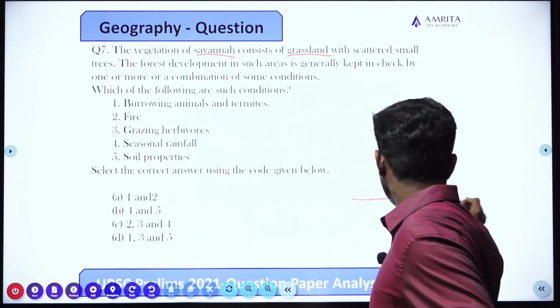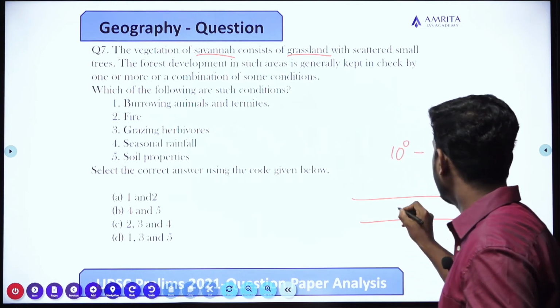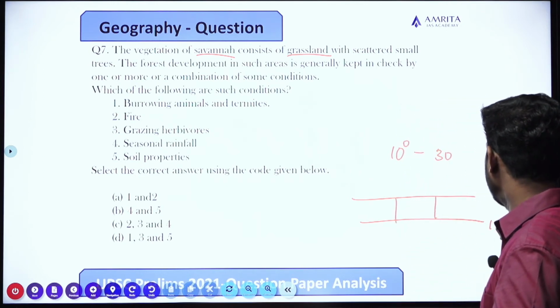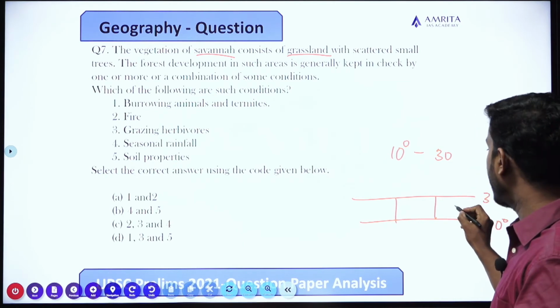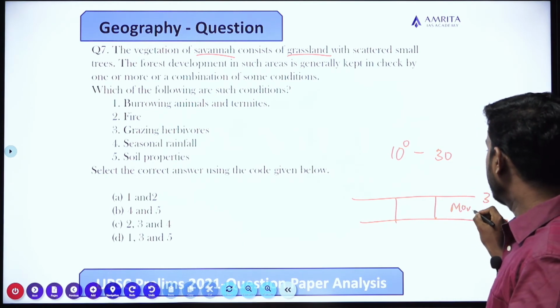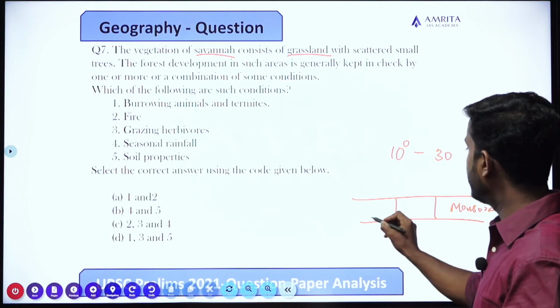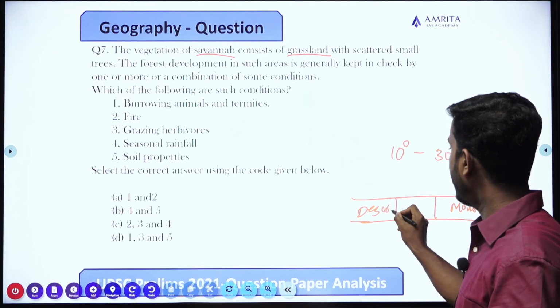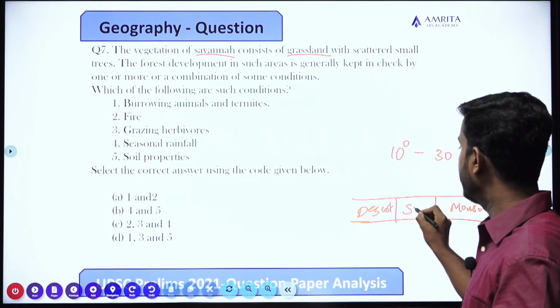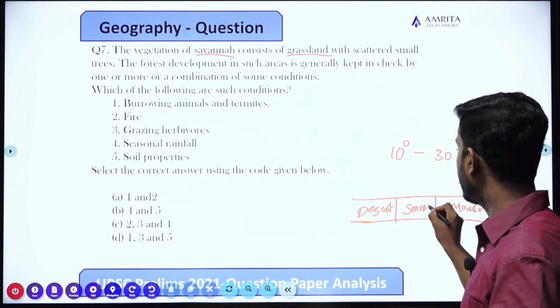So I will draw the climatic grid of savanna. Suppose this is 10 degree and this is 30 degree. Along the eastern part, we will have monsoonal climate, and along the western part of the continent, we will have desert, and here in the middle part, we will have savanna,